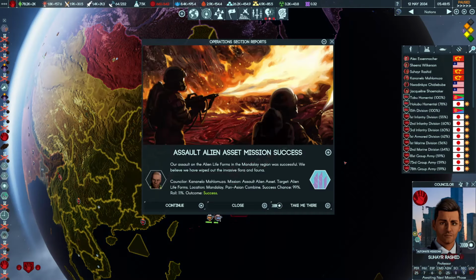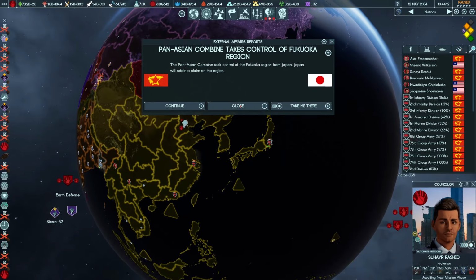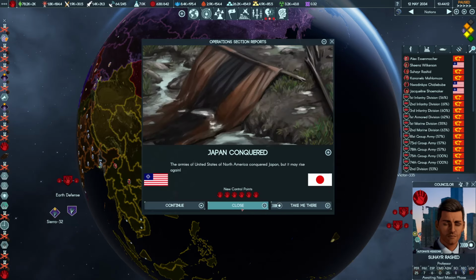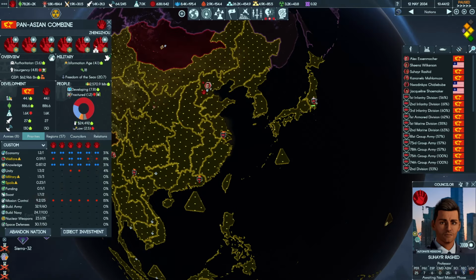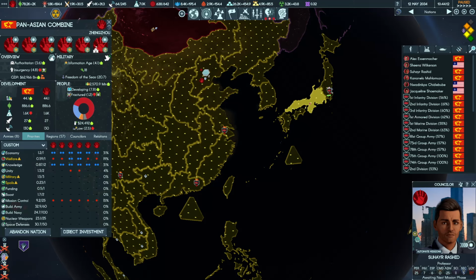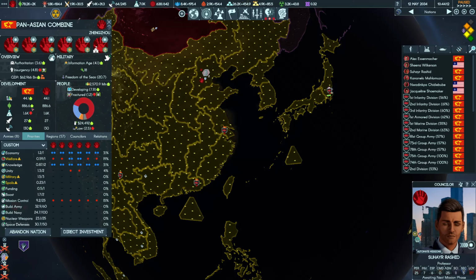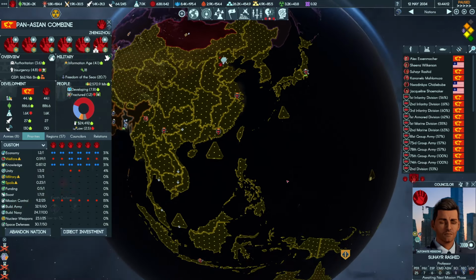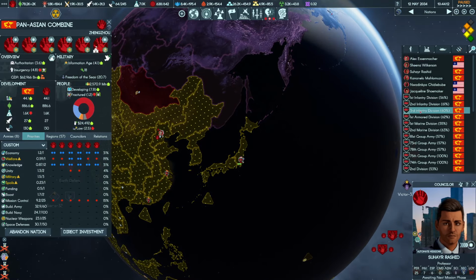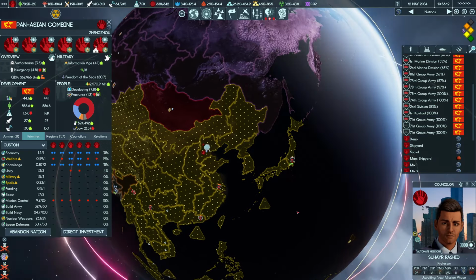Because, well... Target destroyed. There's still... There we go. There we go. Perfect. That's Japan. Japan's economy was heavily damaged due to all this warfare. Cohesion is a problem now. It's fine though. And I think with that I can recall the American armies and also move all the armies back